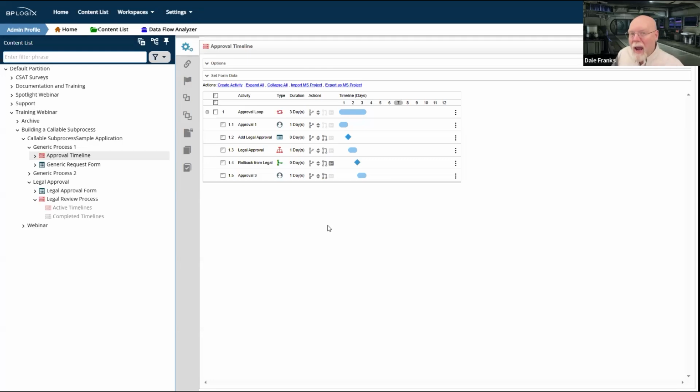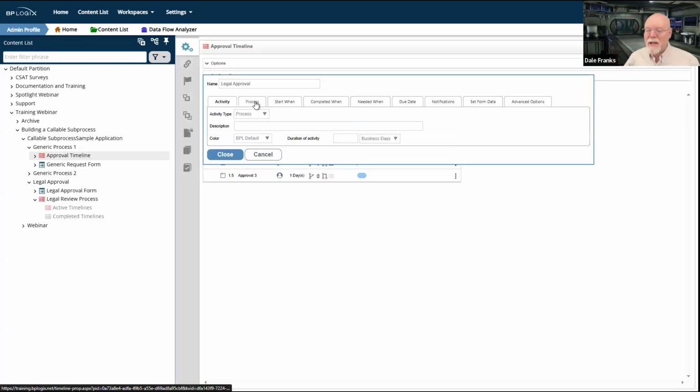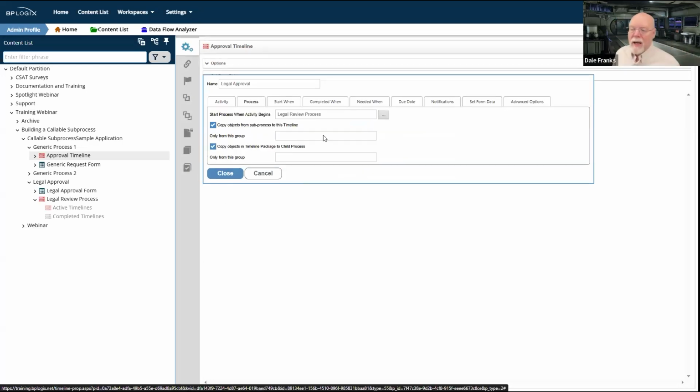Now, the way that I have created this particular process is I have 3 steps, the central one of which is a process activity. This process activity calls the legal approval process and kicks it off. So it is, as I said, a process activity. It kicks off the legal review process.